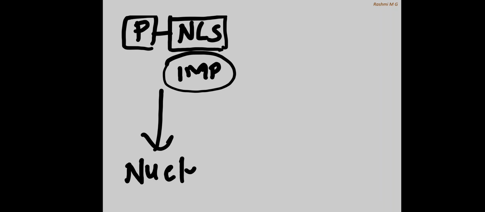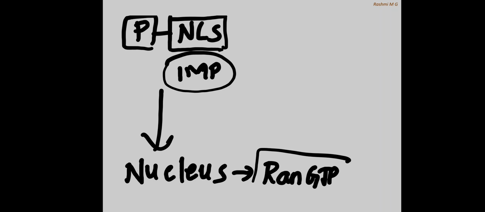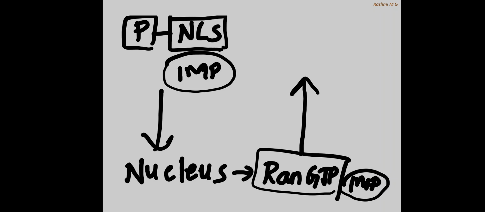This signal binds with the importin receptor, and this is transported across the nuclear pore complex inside the nucleus. In the nucleus, RAN GTP binds with the importin, releasing the cargo, and this RAN GTP with importin gets back to